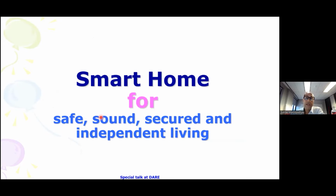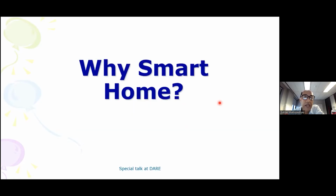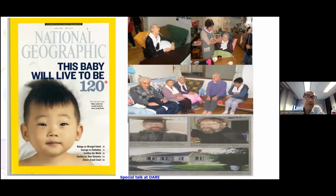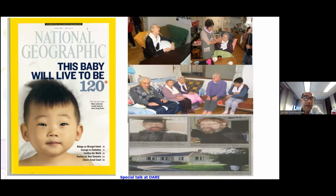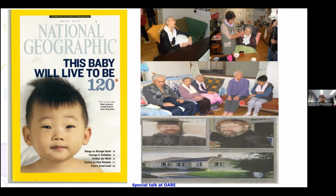Whenever we develop a sensor, our aim is that it will help make lifestyle much safer and better. So the big picture is called the smart home, which provides a safe, sound, secure, and independent living environment. The reason, of course, is that compared to 20 or 30 years back, the lifetime of people has extended considerably. Now many people are 100+ years old, but when people become old, they become fragile, they fall down, and they need help